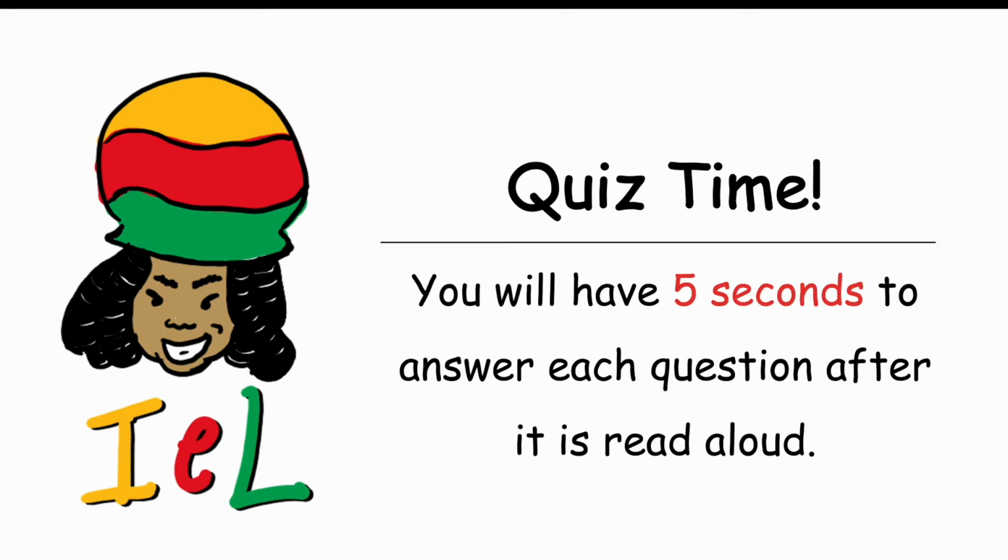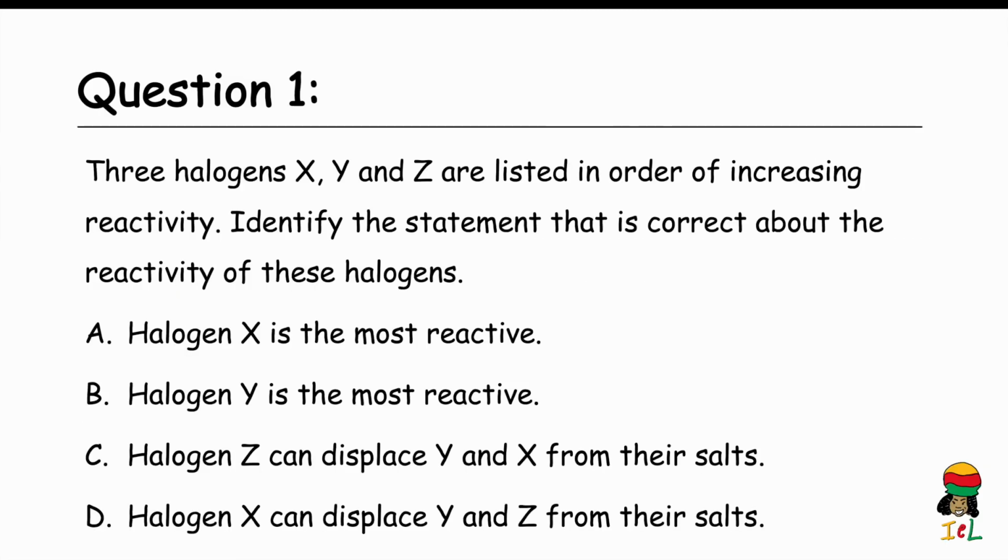It's quiz time. You have 5 seconds to answer each question after it is read aloud. Question 1. 3 halogens X, Y, and Z are listed in order of increasing reactivity. Identify the statement that is correct about the reactivity of these halogens. A. Halogen X is the most reactive. B. Halogen Y is the most reactive. C. Halogen Z can displace Y and X from their salts. D. Halogen X can displace Y and Z from their